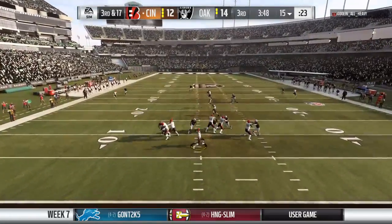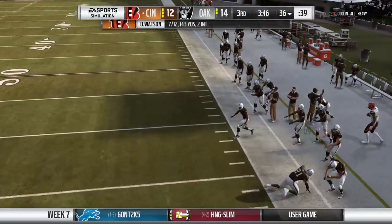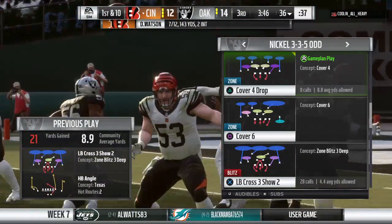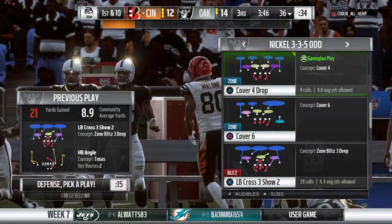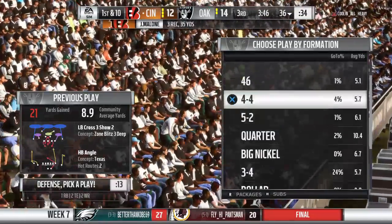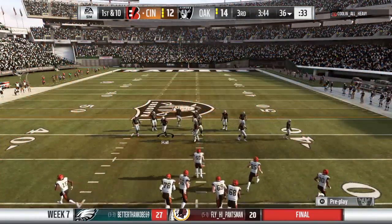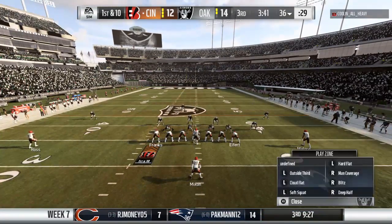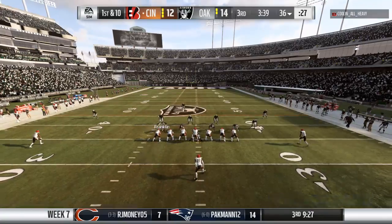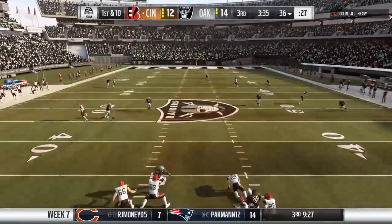Out of the gun, Watson. That's caught. It's Malone. The 21 yards there as they convert on 3rd. He's such a good route runner. Shows it there on 3rd down. Very proficient and a good pass. And you know what I've observed over the years in the NFL? The better a route runner you are, the more confidence your guy's going to have in you to go to you in important times because he can trust you being in the right spot, and they connected there